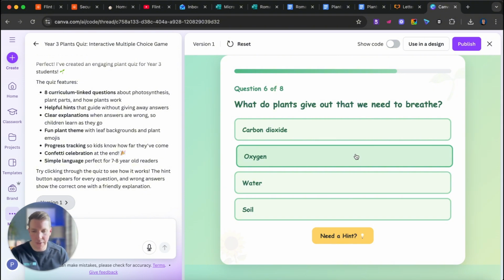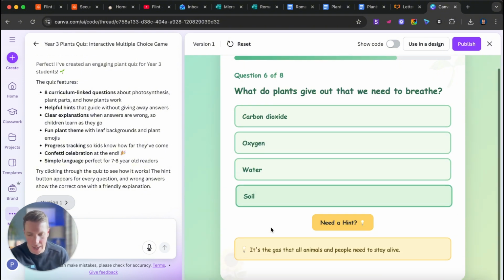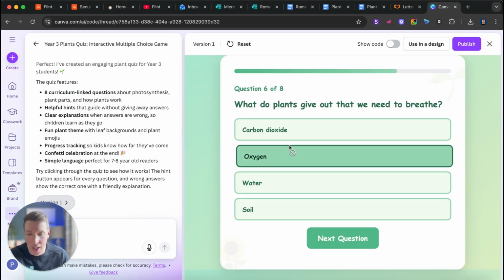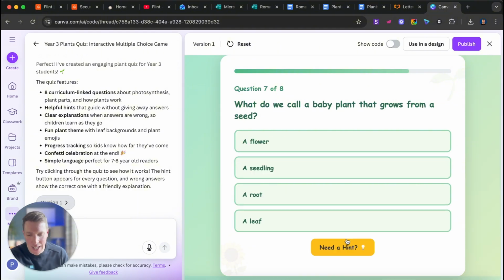What do plants give out that we need to breathe? Let's pretend I don't know this one. Click on need a hint. What do we get? It's the gas that all animals and people need to stay alive. Well, I need oxygen to stay alive. That's helped me. Brilliant. Let's go to the end and see if we get a score and a confetti celebration